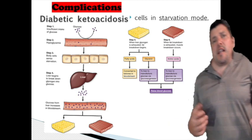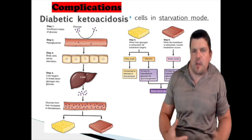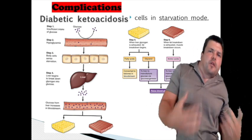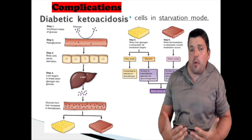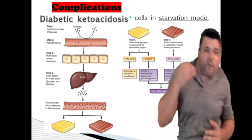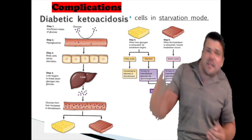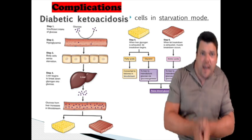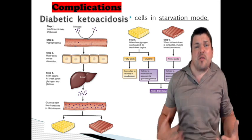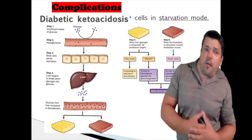So here we have diabetic ketoacidosis in all of its pathology. It starts with hyperglycemia. Cells go into starvation mode. The liver is prompted to help. And ultimately what DKA leads to is the breakdown of muscle and fat because there isn't glucose entering cells. The breakdown of fats increases free fatty acid levels and certain acids called ketones, which is where this condition gets its name from, diabetic